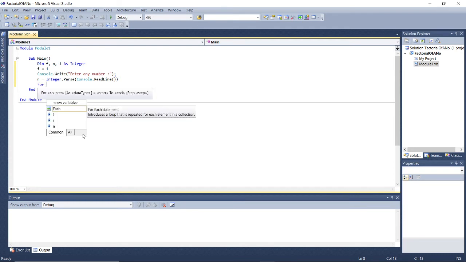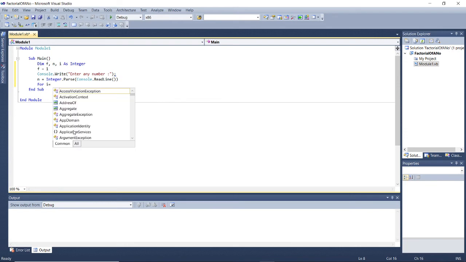Now again, the syntax of for loop is somewhat different from C++. In C++ or in C#, the syntax of for loop is initialization, termination condition and statement. So every time you have to give semicolon, every time you have to write condition, every time you have to write statement like I++ or I minus minus. But in Visual Basic.NET, the syntax of for loop is very simple. What you have to do? I want to execute f is equal to f into I how many times? N times, and the initial value of I is 1. So simply write down for I is equal to 1 to n and press enter.